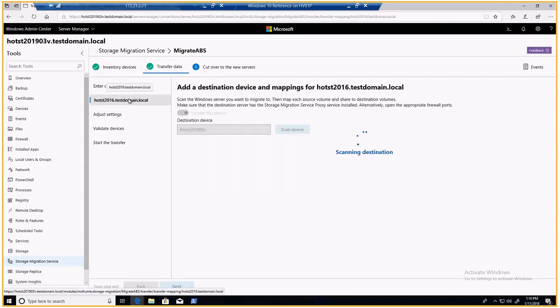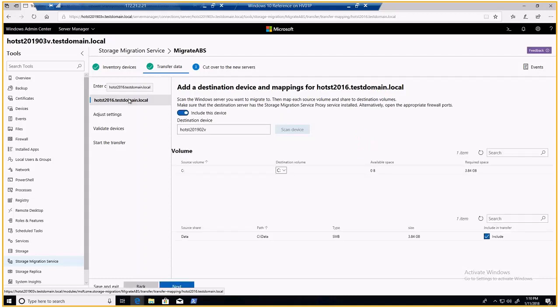I then move on and say, okay, what is my destination mapping? So what do I want to take from that source server? Do I want to take everything? Or do I only want to take, so in the volume selection, I've got the source volume C. I want to match that to the target volume C. If it was a data volume that was D, I might want to match that to E drive on my new server, rather than the D drive